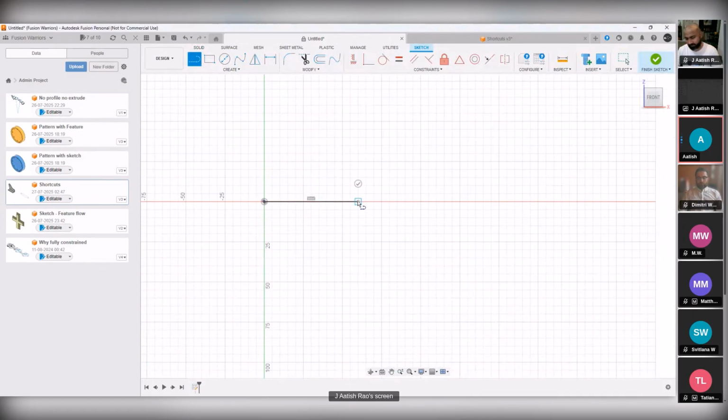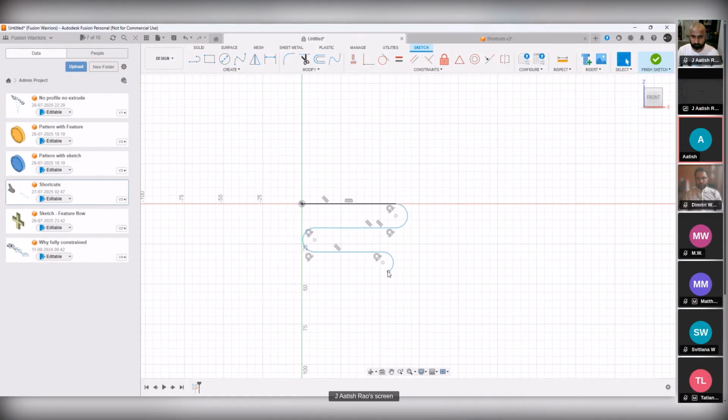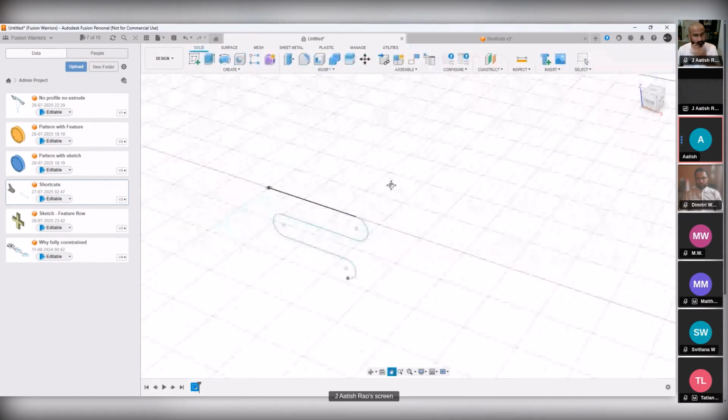You can left press and keep on pressing the line command. It will create an arc. And again, this. So generally, what students